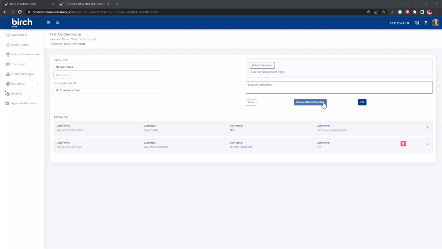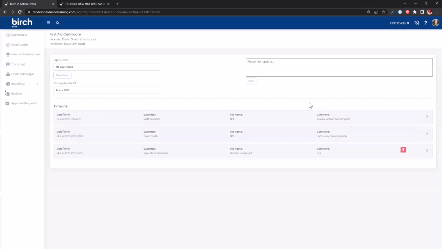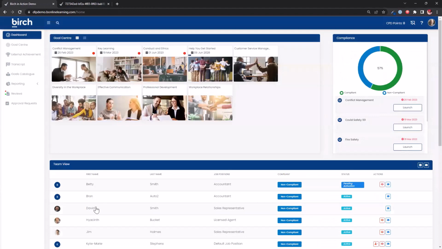So if we were to do that right now, David's record would say he completed it on the 14th of June, and that's it. If we perhaps said his driver's license was correct or the document is right, but he completed it back in April of this year, and then we save and mark it as complete. We have today's date, that this is when we actioned it, and we marked it as complete for 14th of April. If we now go to David's profile,